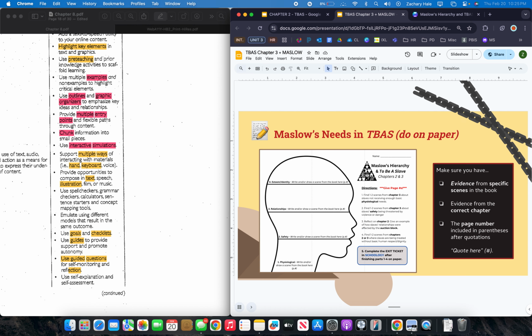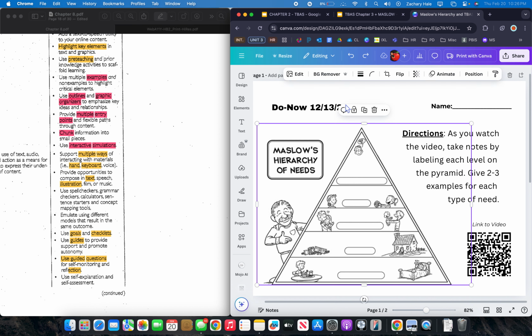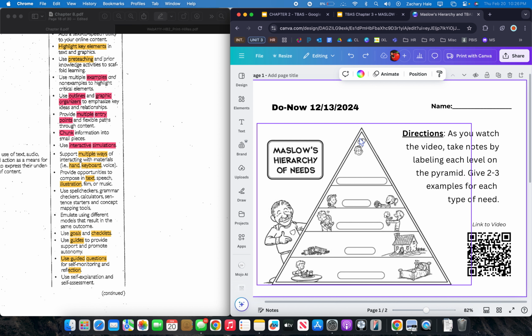So like I said, students would be doing a worksheet within this lesson as well. The lesson looks like this, and this was created on Canva. So I have no idea how a text to speech feature would work with a worksheet like this, because a lot of it is pictures. Like this is a picture, and I don't know if the iPads they use could pick up on pictures as